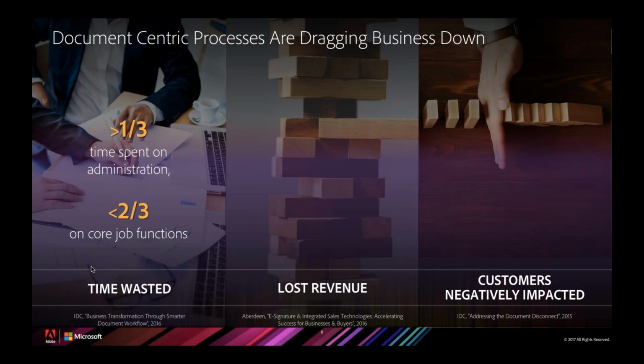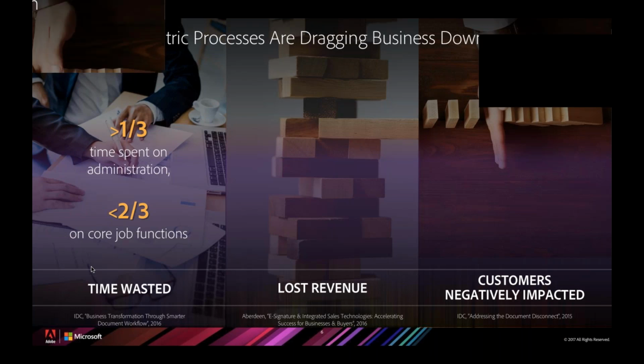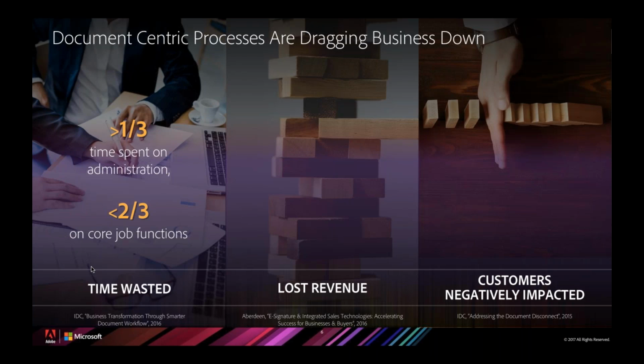And so now let's drill into that a little bit. What are we really talking about here in terms of lost opportunity? Well, you see that individuals within an organization often are spending more than a third of their time on administrative tasks. But that's not really what they should be doing. They should be doing their core job functions. So that's a first point. But a second point is that this actually can impact revenue. So this isn't just a matter of cost savings, which it is, that's true, but it's also a question of